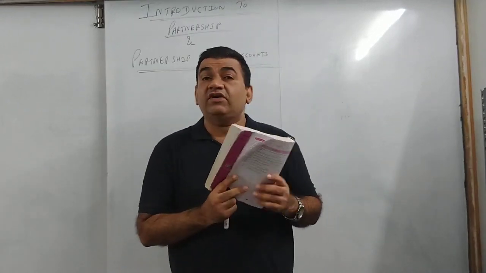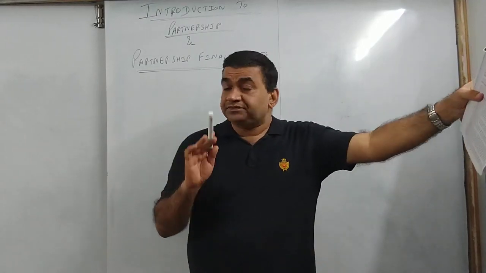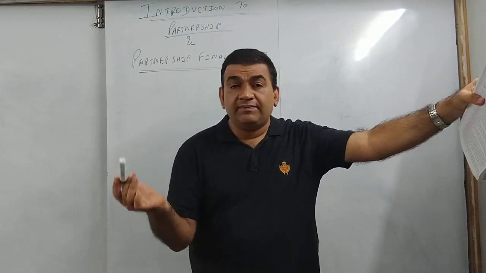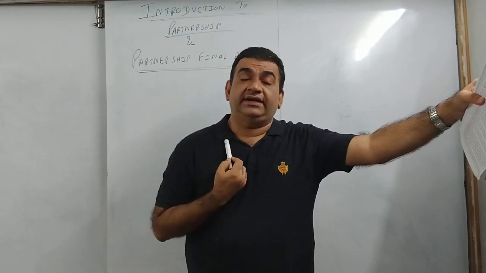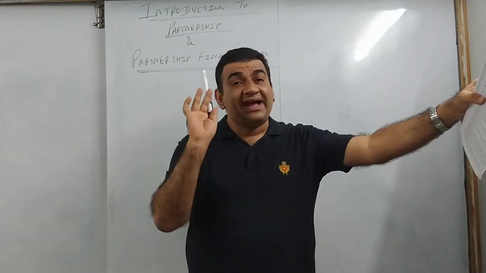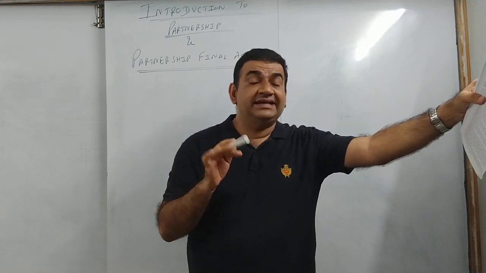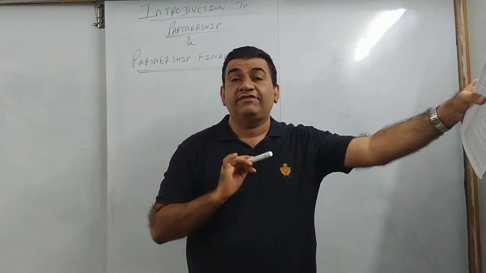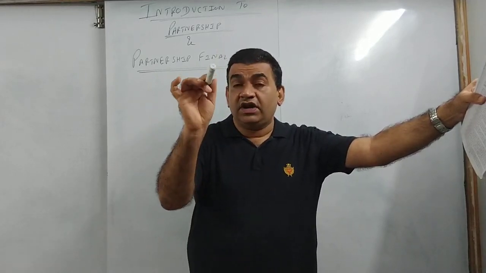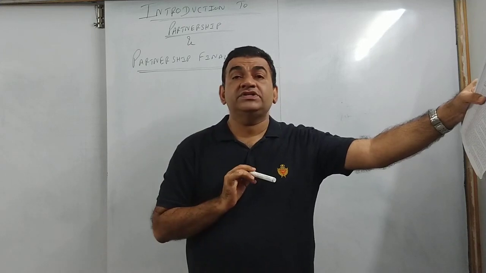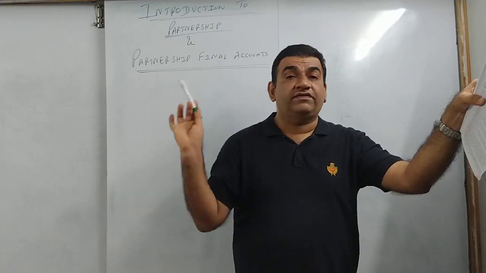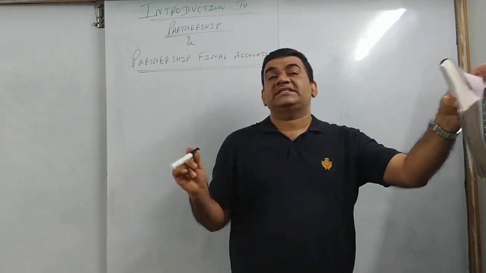Now listen, number of partners. As I told you, minimum you need 2 persons, because if there is only one, that is not a partnership firm, that is a sole trader. So minimum 2 partners. Maximum, earlier the limit was different, now it has changed. You can have 50. So, very important for objective: for a partnership firm, the minimum number of persons to be partners is 2, and maximum 50. Minimum 2 partners, maximum 50.